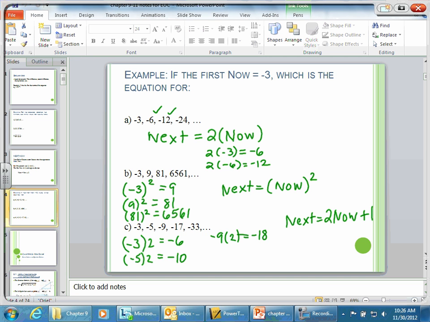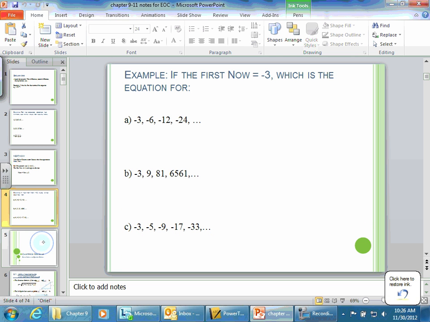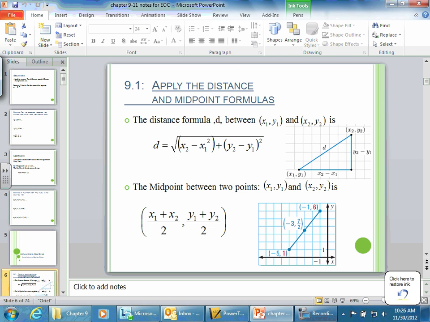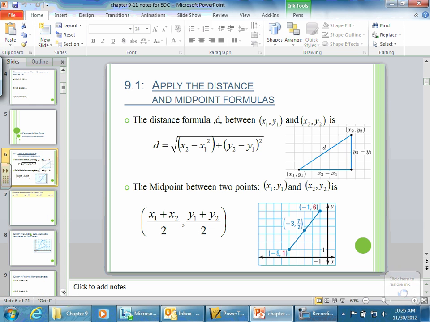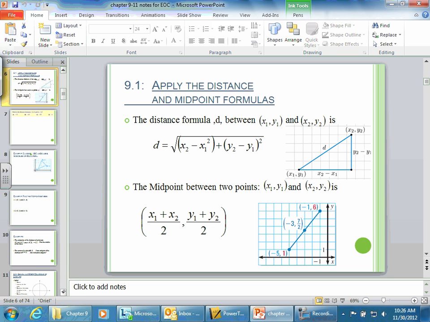Okay, we're also going to do 9.1. We're going to do some distance and midpoint. So the distance and midpoint formula,